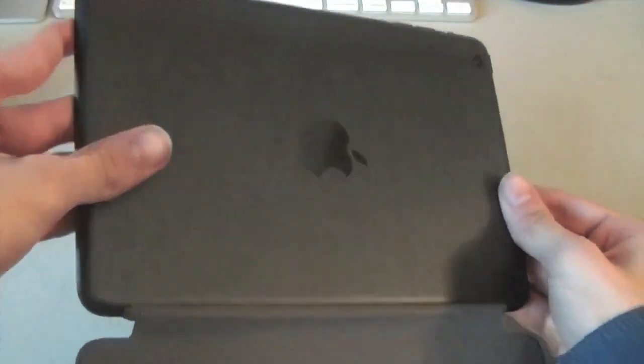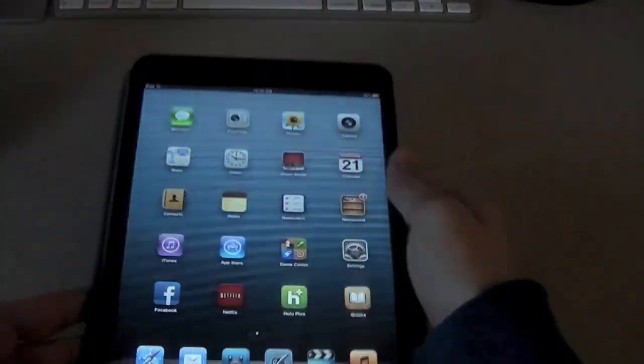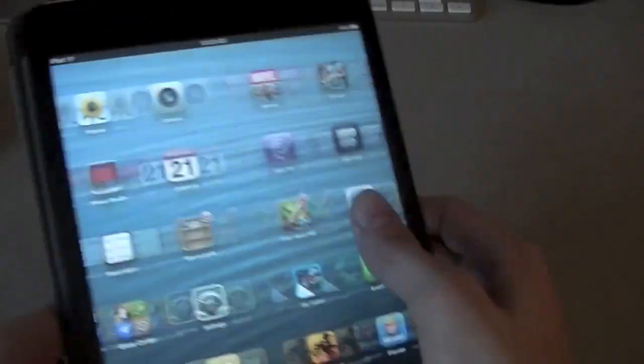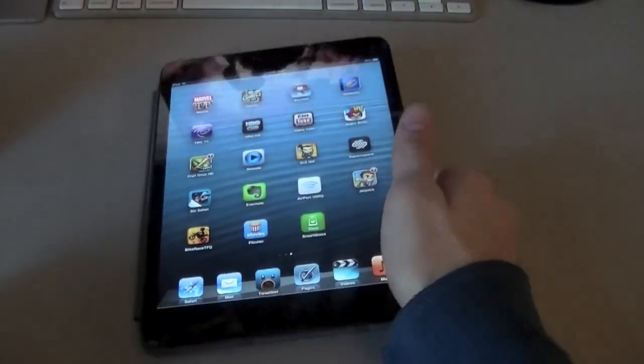This is Apple's most recent iPad in their iPad family now. This thing has a 7.9-inch display, so it's very portable. It's also super thin, adding into the portability. It has a back camera and a front camera. The back camera is capable of recording full HD 1080p videos, and then the front-facing camera is 720p HD for